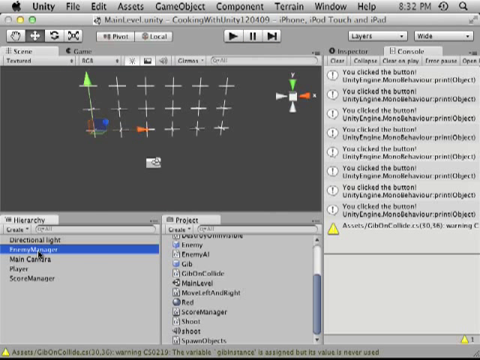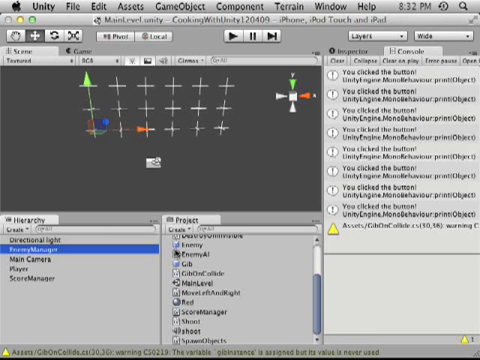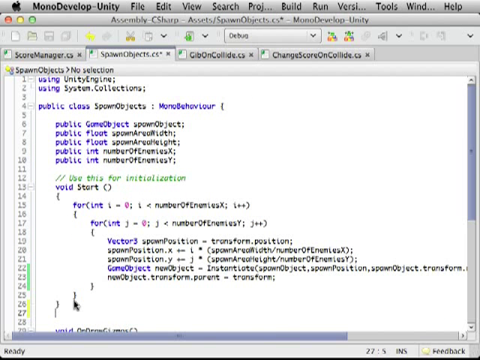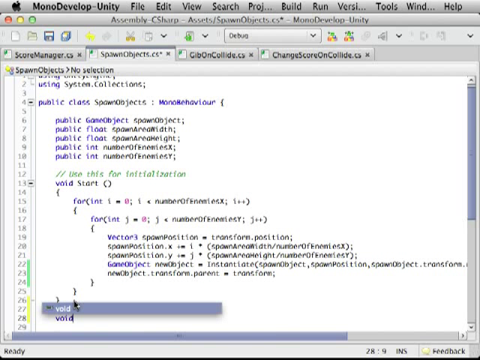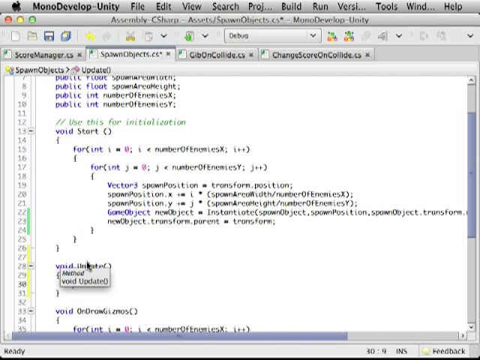The other thing we can do now is easily check how many enemies are currently on the screen. So let's do that. What were we doing? We can use that to our advantage now. In this thing, we don't have an update loop yet, so we're going to add one. Void update. And we're going to make it so that